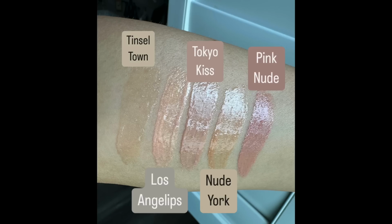But I will go ahead and put the first screen of swatches up, and the first shade going left to right is Tinseltown, which is a cool tone pink with silver glitter. Then there's Los Angeles, which is a cool tone pink with a gold sheen. Tokyo Kiss, which is a sheer cool tone nude with a gold hue. Nude York, warm tone nude with gold glitter. Pink Nude, opaque cool toned pink nude. So you'll see the pink nude is definitely more opaque than the others, which are more of a gloss in